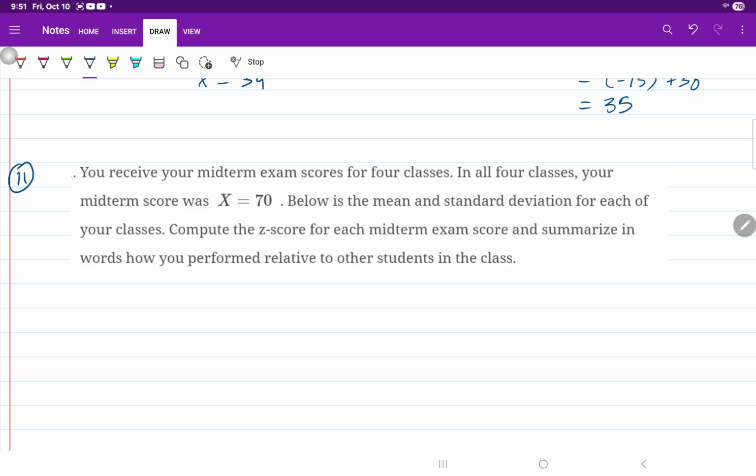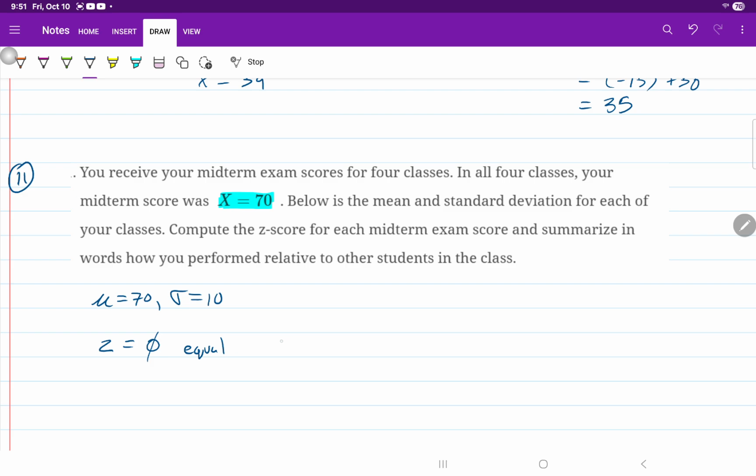Okay, so you receive a midterm exam for 4 classes, and in each of the classes, your score is a 70. But each of the classes has a different mean and standard deviation. So for the first class, the mean was 70, and the standard deviation was equal to 10. Your score was 70, so your score was the same as the class score. So the z-score for that one would have been 0. So you did exactly the same as the mean. Because again,